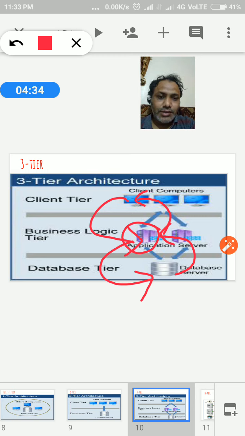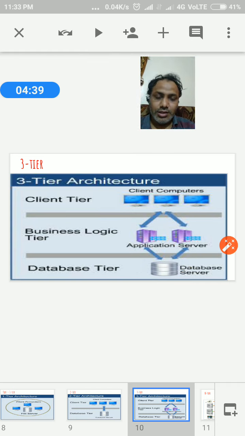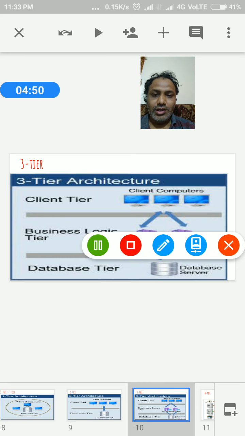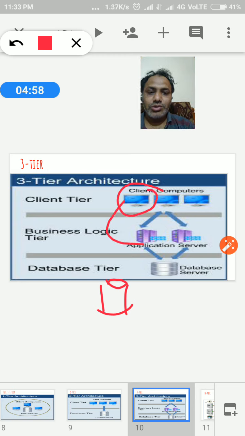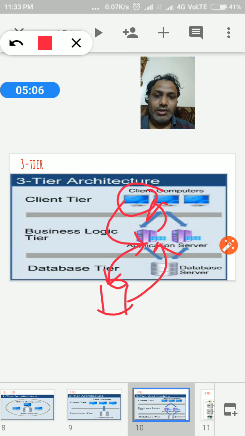Okay, that is the process of the three tier architecture. But suppose they are sending the request to a different database server, like Oracle. The client again sends the request to the application server, which fetches from Oracle and gives the response. So it means the application depends on which databases it wants.